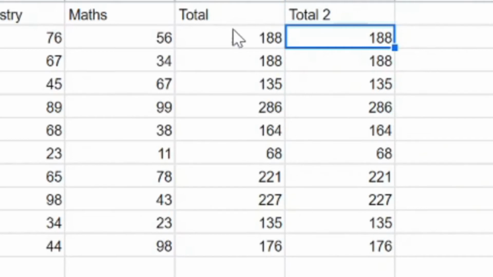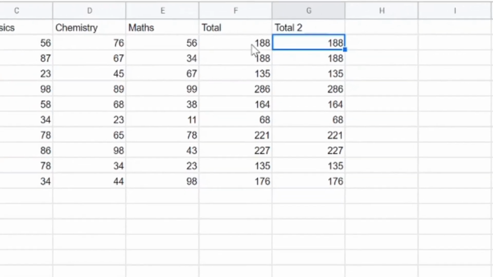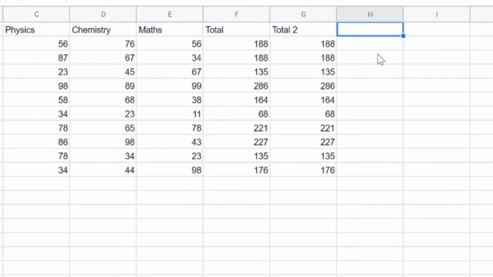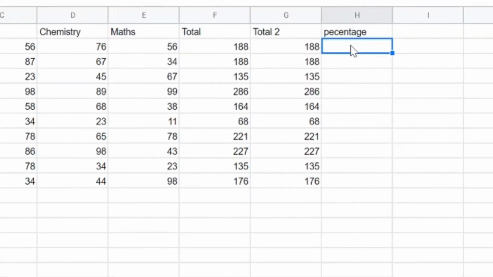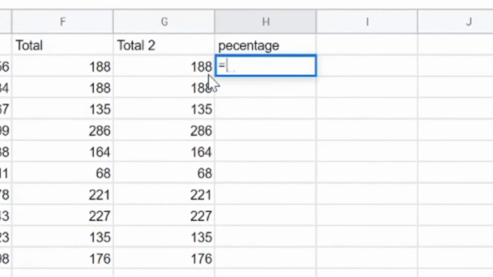Okay, I hope calculating total is clear to everyone. Now let me move on to the next category, that is how to calculate the percentage. So I will be writing a heading percentage. Here we will be using the formula. To use the formula, first of all we have to give the equal sign. So equal sign first, then